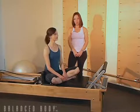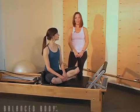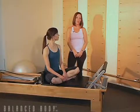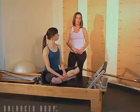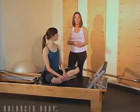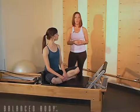I am a physical therapist, and I am the co-owner of a physical therapy clinic in Southern California called Core Conditioning. We specialize in integrating Pilates, gyrotonic, and other movement therapies into the rehab setting, as well as an integrated approach to fitness. So today we're going to be looking at an exercise that is particularly effective with the pregnant